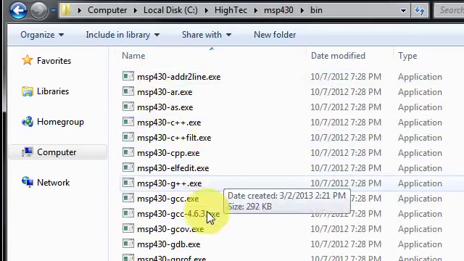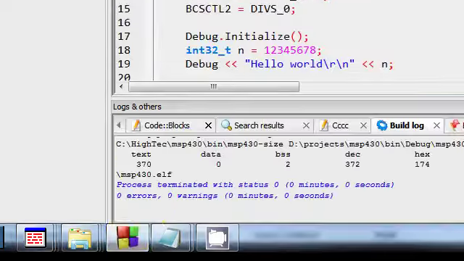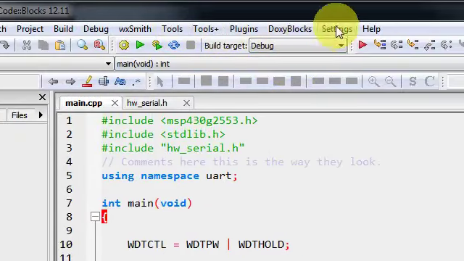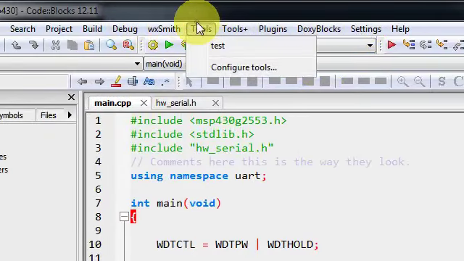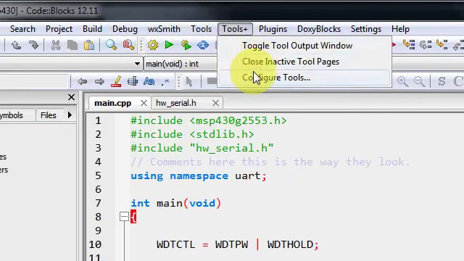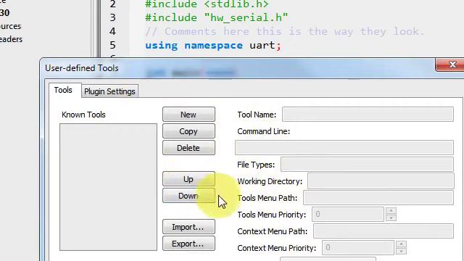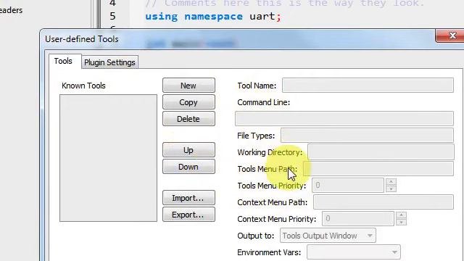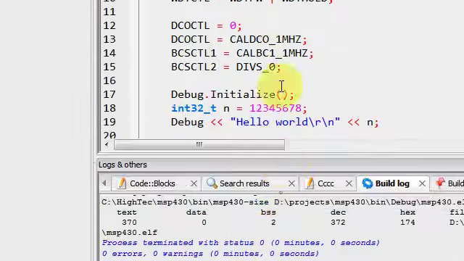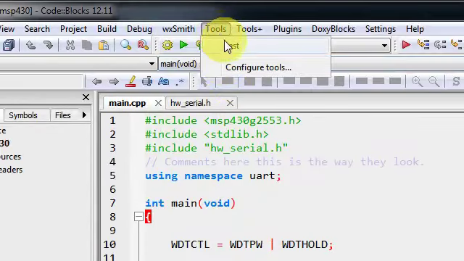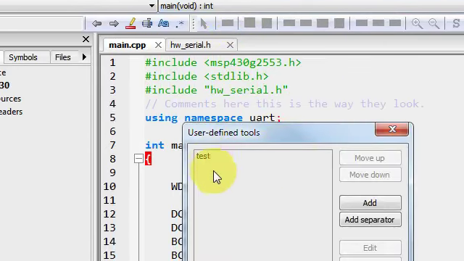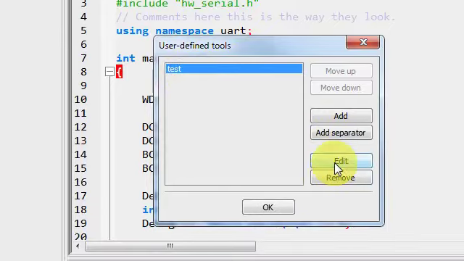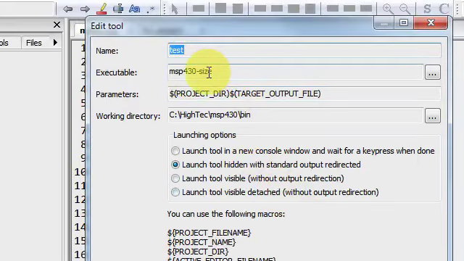Okay, so let me bring up CodeBlocks here, and if you come up here to the toolbar, you'll notice these two options here. Now I haven't really played with these yet, although I can see how these would be very handy. I'm gonna have to figure out at some other point how these work. But what I have figured out here is how to configure just a simple tool, which I pretty much called test, but it's based on